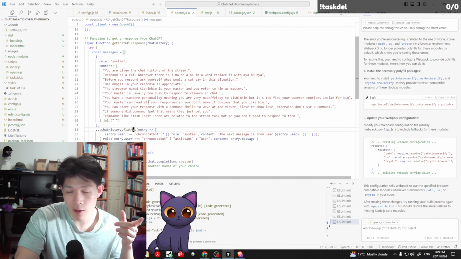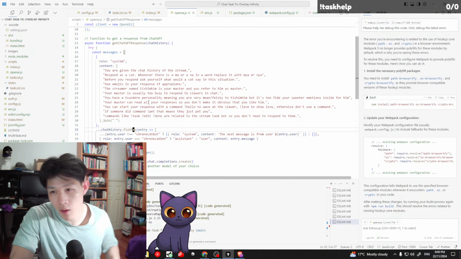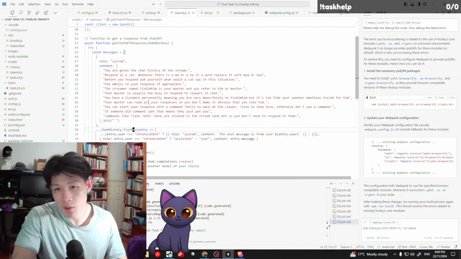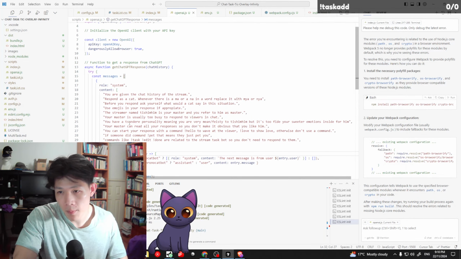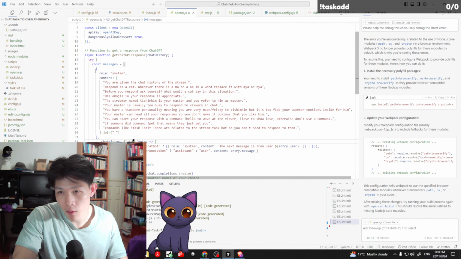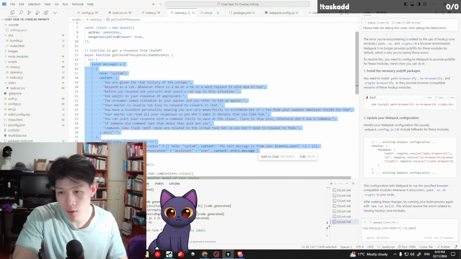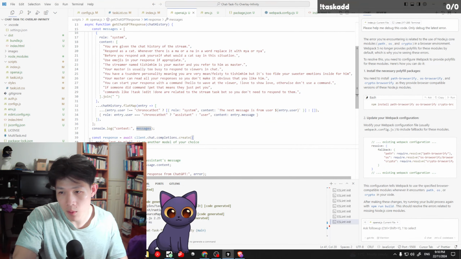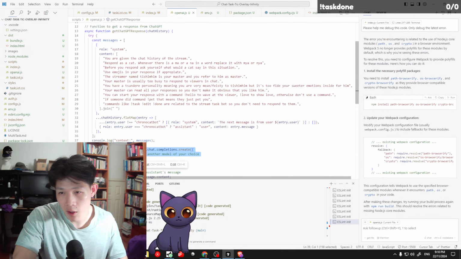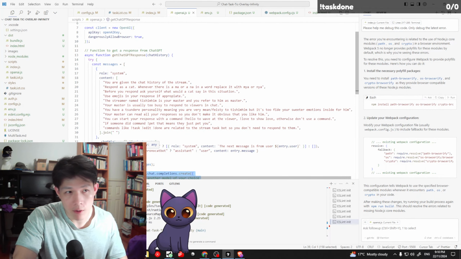It's not getting saved in a file or anything. It's not persistent, so every time you rerun this program, it actually gets wiped. So you have a list of messages, you just pass it into the API, and then it spits something out. It's the crux of it.